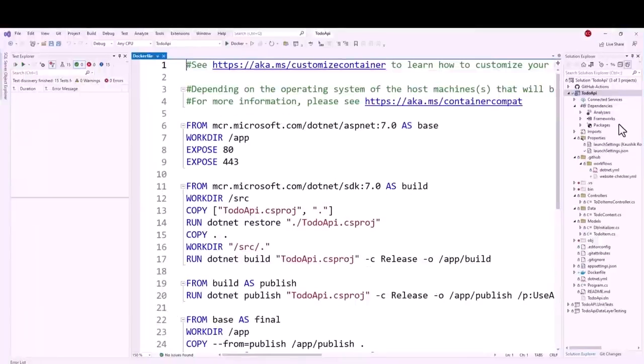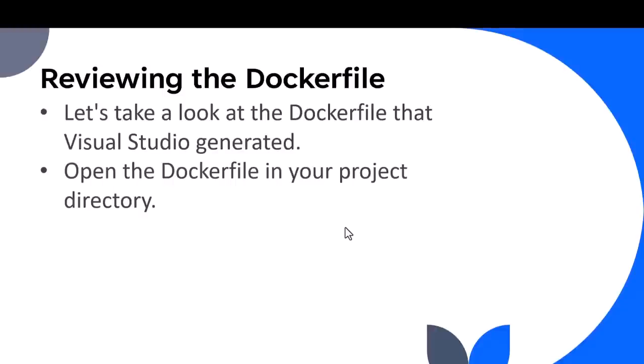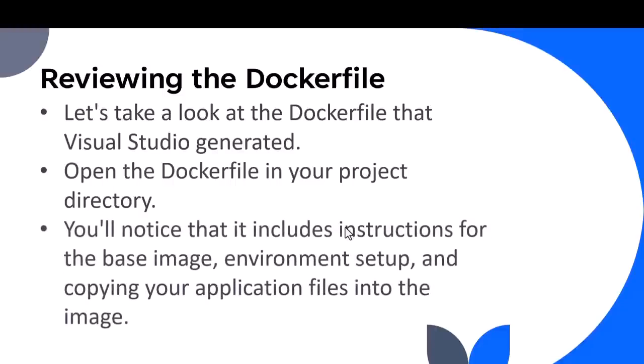As we can see over here, this Docker file is created. So this is the Docker file for this project. It's on the root directory. So we won't go deep into these commands as yet, as a review. Let's take a look. Open the Docker file in your project directory, which I had opened earlier, and you will notice that it includes the instructions for the base image, which I have already shown, and environment setup and copying your application files